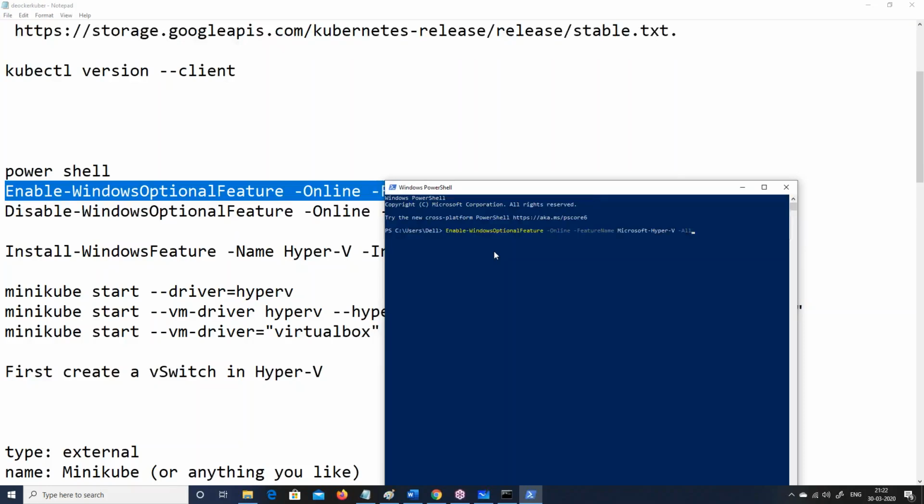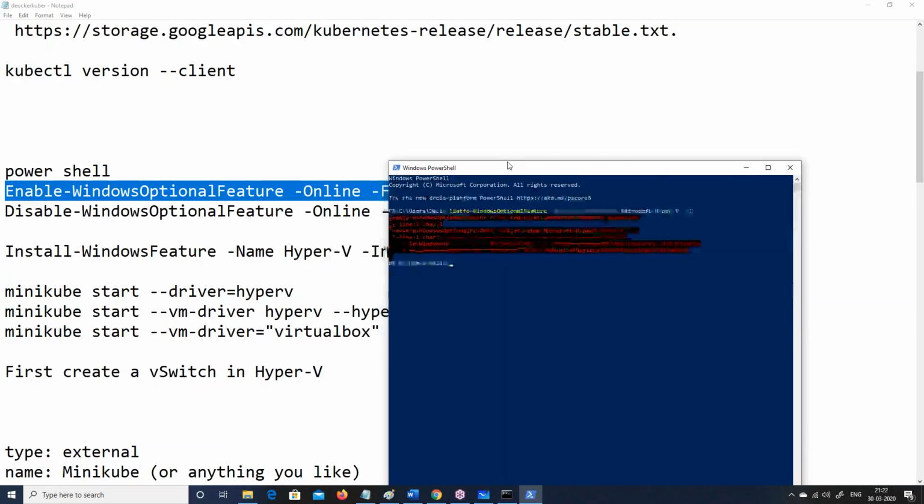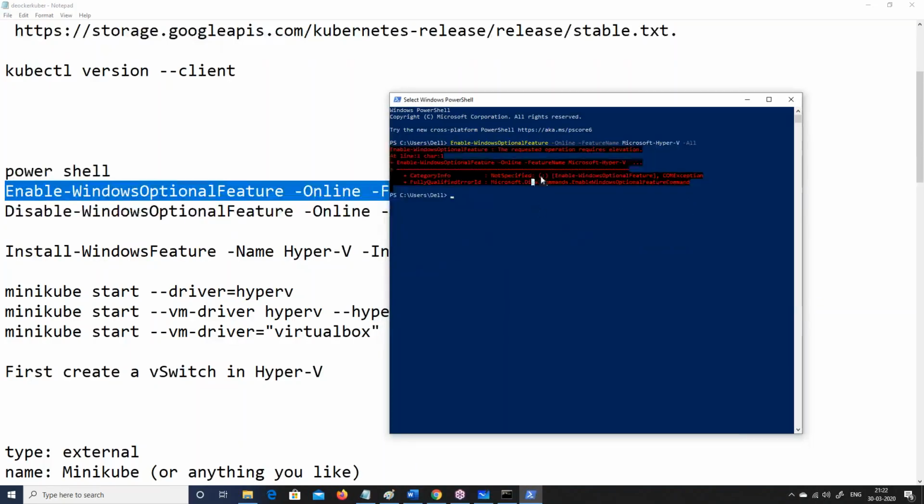So if I try to run this over here, it will actually give me an error. I hope so. Not sure. It can also enable it nowadays in Windows Home also. Yeah, it did not. You can see that. Okay, it requires an elevated permission, but again, if you do that also, it will not enable, right?